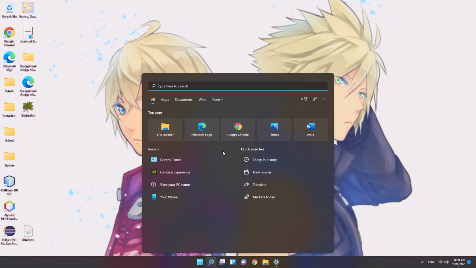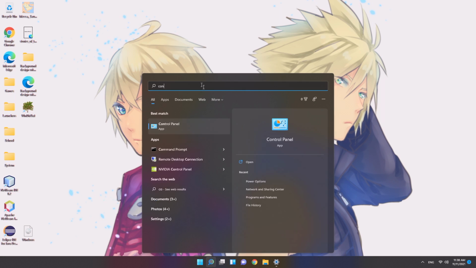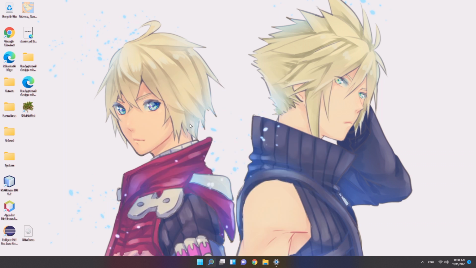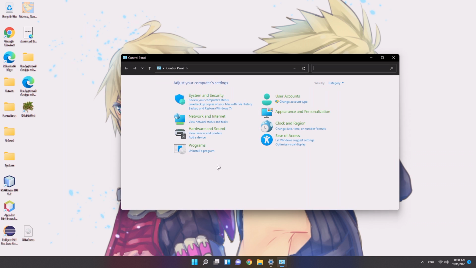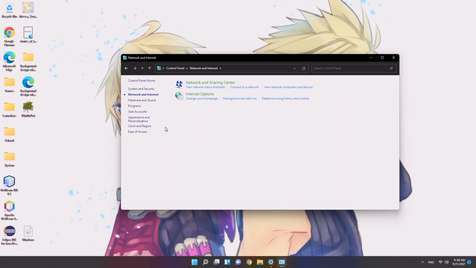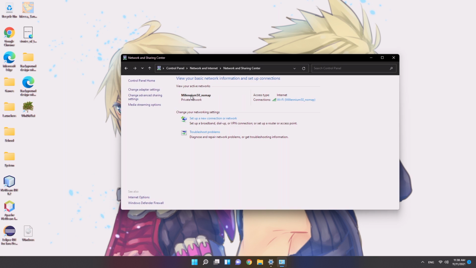The next step is to open Control Panel. So you can do that by searching the Settings tab here, and once we're in Control Panel we want to locate Network and Sharing, so we'll click that button. Then we're going to specify Network and Sharing Center on the next page. Click that, and here we want to find Change Advanced Sharing Settings, which is on the left hand side. We're going to go ahead and click on that.